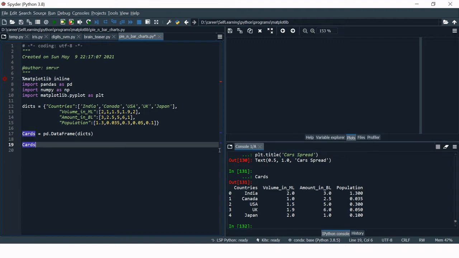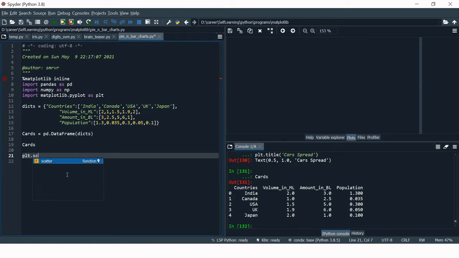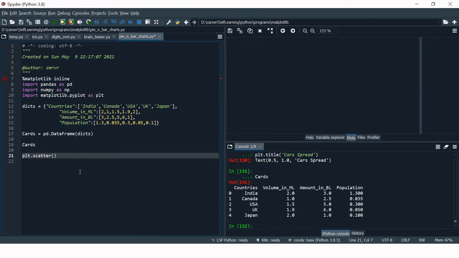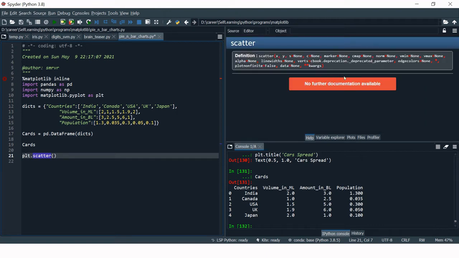All right, so let's start how to create a scatter plot. As usual, we will use plt.scatter. Before I proceed further, let me explain how you can know what all are the parameters that we can use in a scatter plot. So here there are many more parameters which you can use in the scatter plot.